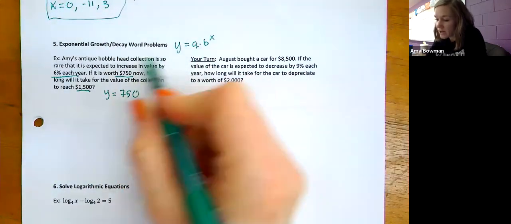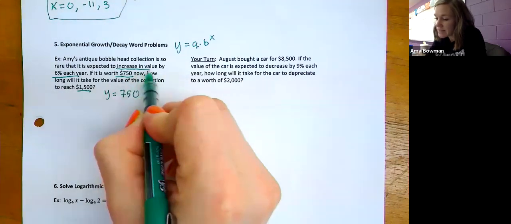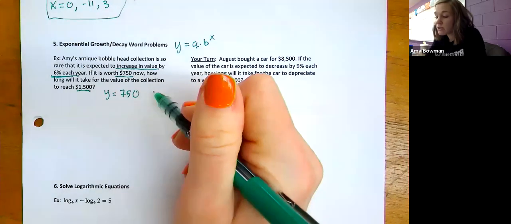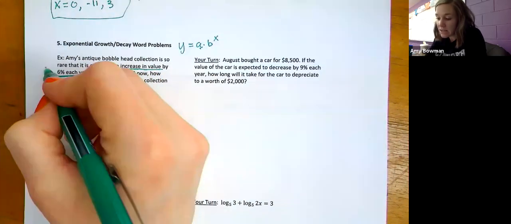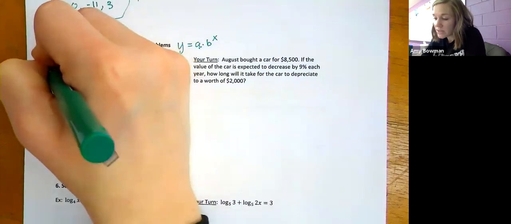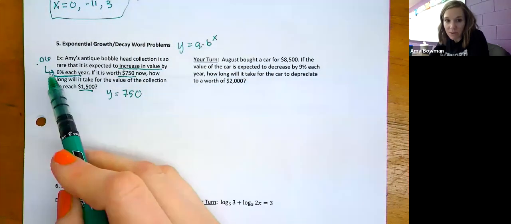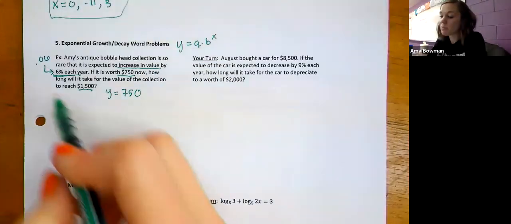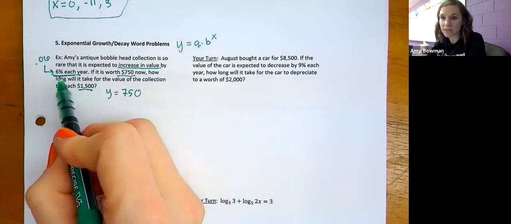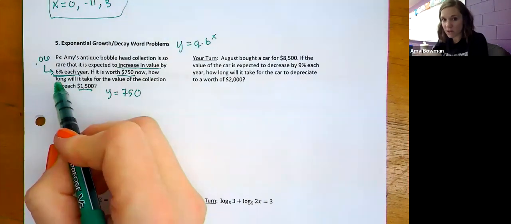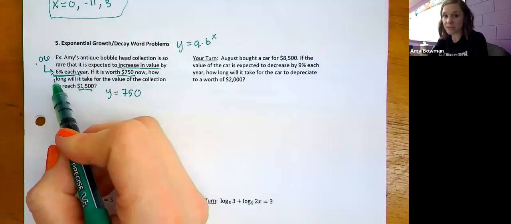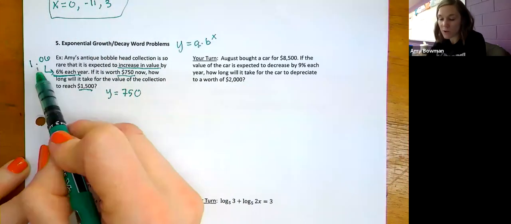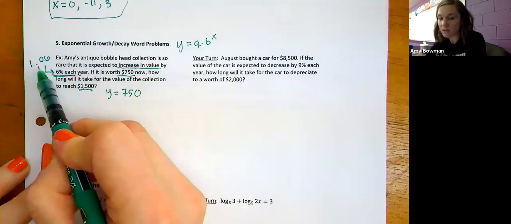My multiplier, it's increasing by 6% a year. My multiplier is not 6%, and my multiplier is definitely not 0.06, because then if I multiply something by 0.06, it's getting really small really fast. If something is increasing by 0.06, then it's going up. Instead of being worth 100% of its value, it's worth 106% of its value. So it's actually the multiplier, you put a 1 out front, and it's 1.06